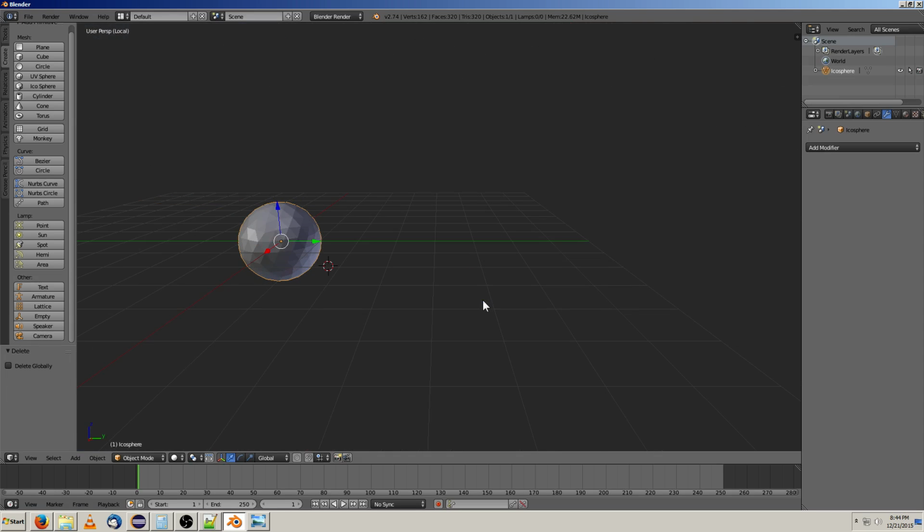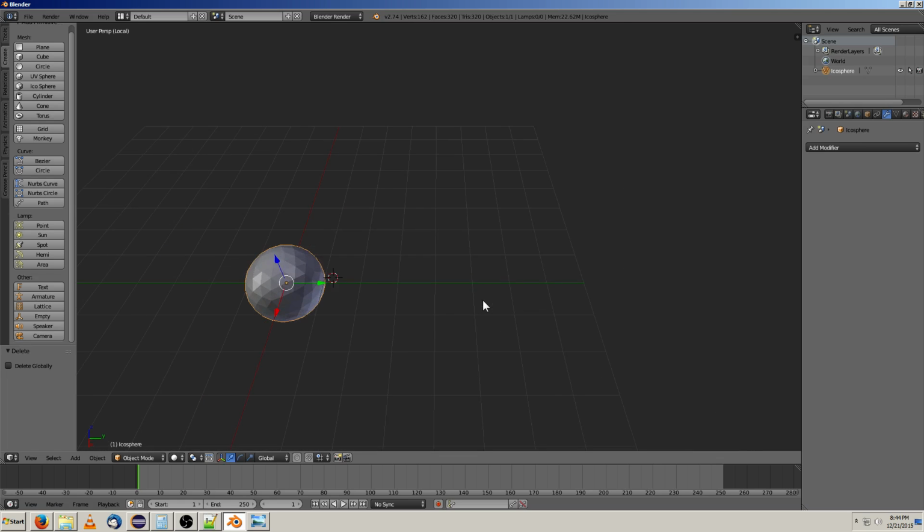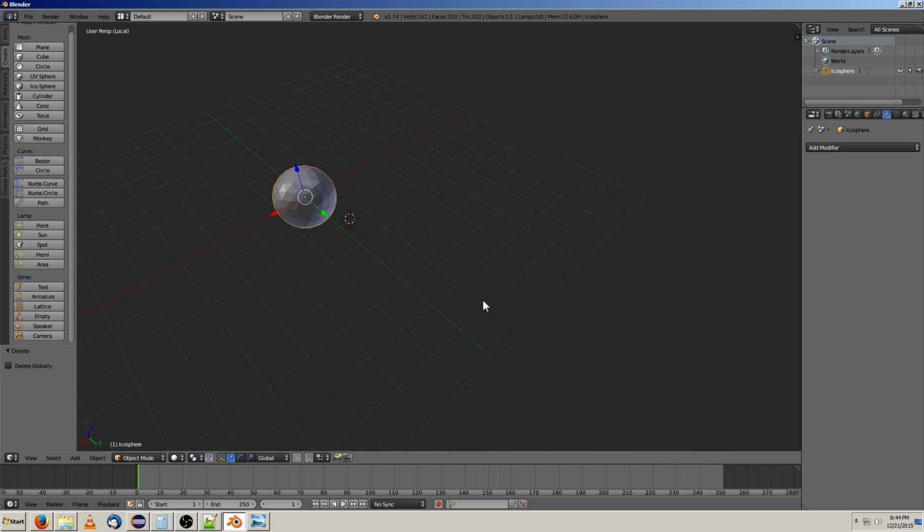Oh, by the way, I didn't mention something. The 8 and the 2 hotkeys move you up and down, and then the 4 and 6 ones look side to side, and then the 5 button switches between perspective and orthographic. Perspective makes things look smaller the farther they are away. Orthographic makes things look the same size no matter what distance they are, which is primarily what's used for